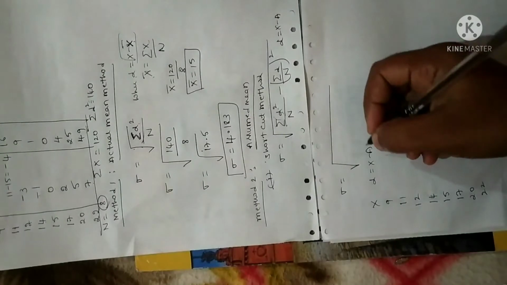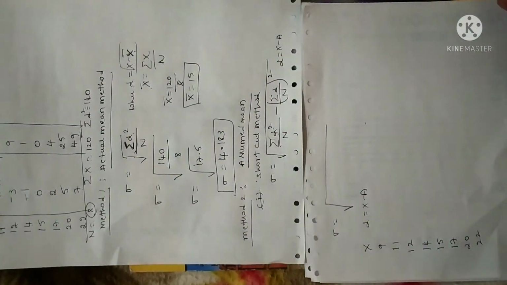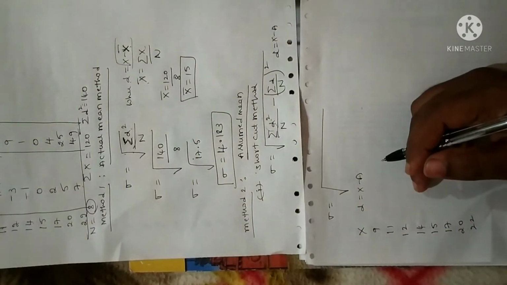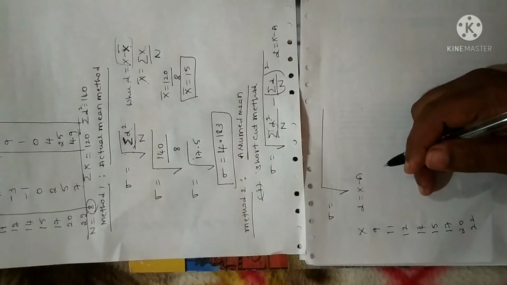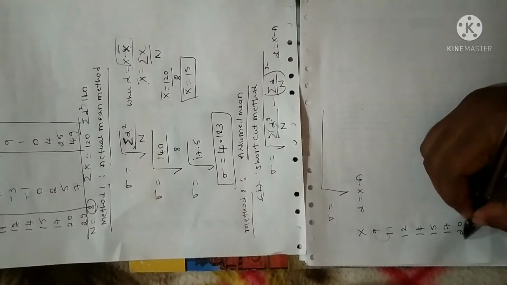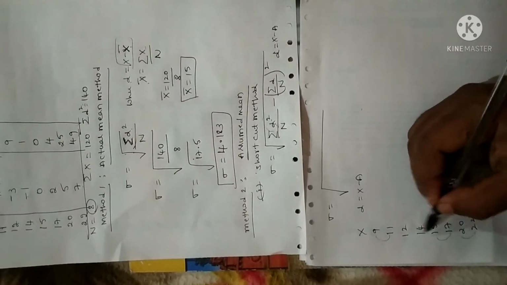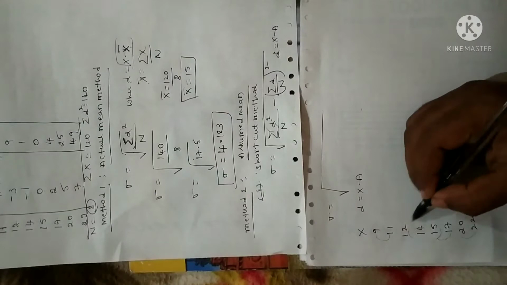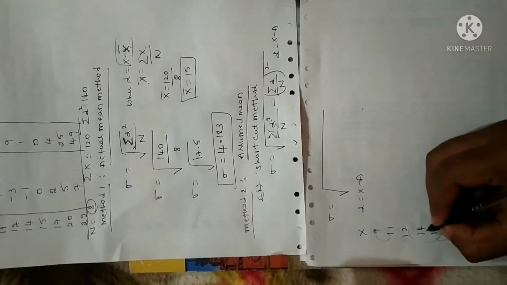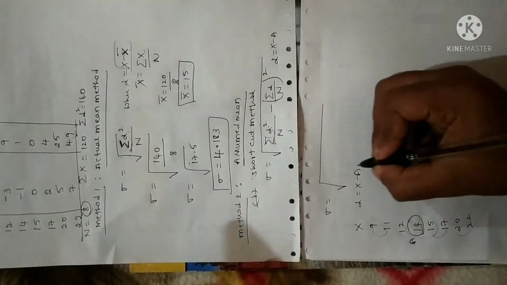So as I already told you, a is none other than assumed mean, and I have clearly mentioned it in the note. So a should be assumed mean from the column x. So you have to assume the mean from the column x only. So let me assume the mean value. As I already told you, just leave two values from the bottom and top of the given data. When you leave one value, you will get 14 and 15 as the middle values. Among them, let me choose 14. It's your wish. You can choose any of the values. So in this problem, I am going to choose a as 14. So assumed mean is 14.